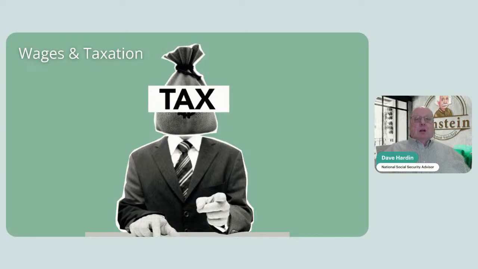The money that you paid tax on was your FICA contributions. Think about it. Have you ever been able to put the amount that you paid into FICA as a deduction on your taxes? No. Why not? Because it was intended to be taxed up front so that you would not pay tax on the benefit. Just like a Roth, if you pay tax up front, you don't pay tax when you take it out. That's how Social Security was set up. It was an incredibly good plan. It was intended that way.